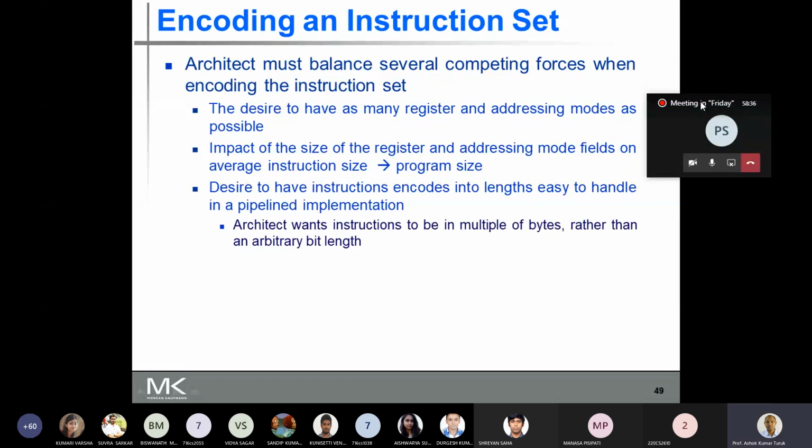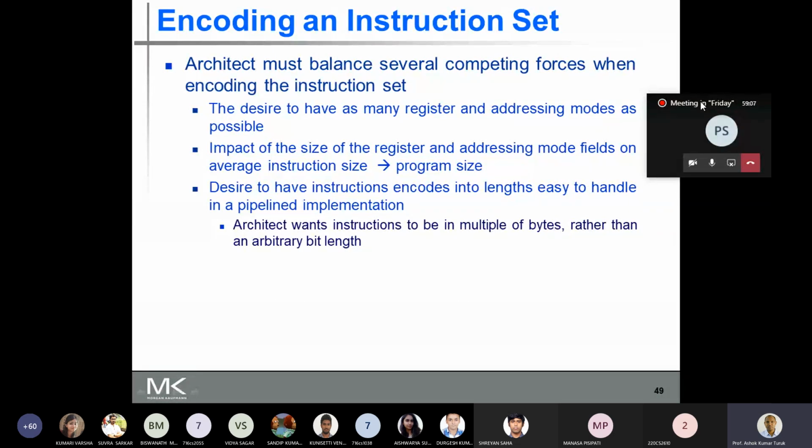Now, the architect wants instructions to be in multiples of bytes rather than arbitrary bit length. Moment you say it's arbitrary length, you might have an instruction of 32 bits, then an instruction of 28 bits, 30 bits. 32 is a multiple of bytes, the others are arbitrary length.